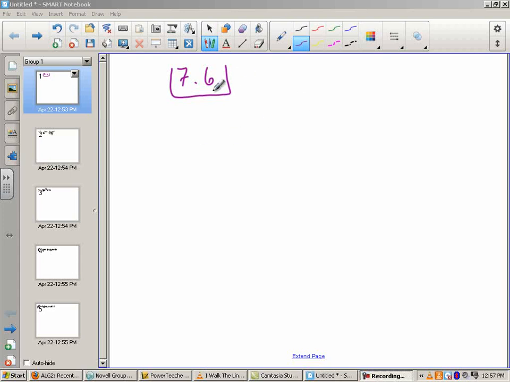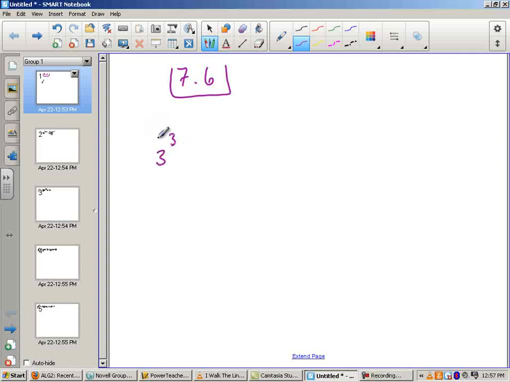All right, just as a brief intro to 7.6, I want to go through some of the ideas that direct what we're going to do here. The new material is basically that if I have 3 to the third, I know this is 27, and I write that that's equal to 3 to the x plus 10, okay? Well, the fact is that if this is 27,